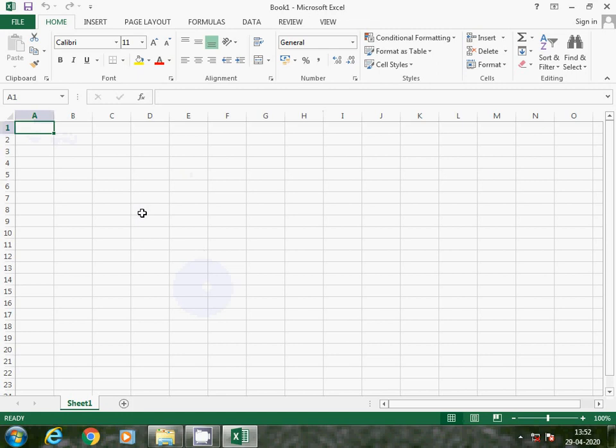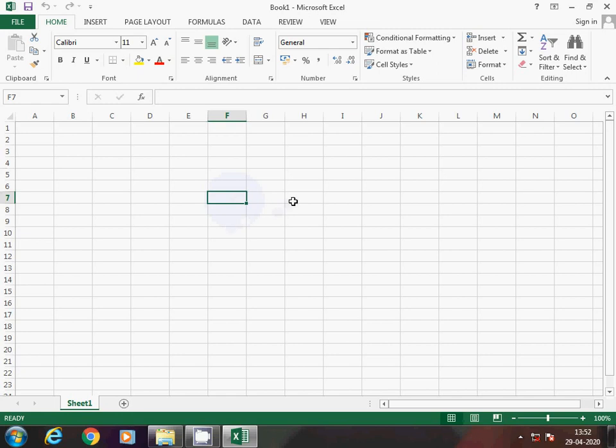The file of MS Excel is known as workbook, and the page which is coming in MS Excel is known as worksheet. In this worksheet, you may see many cells are available. The intersection of rows and column is known as cell. Here one rectangular box with this green color border is known as cell.